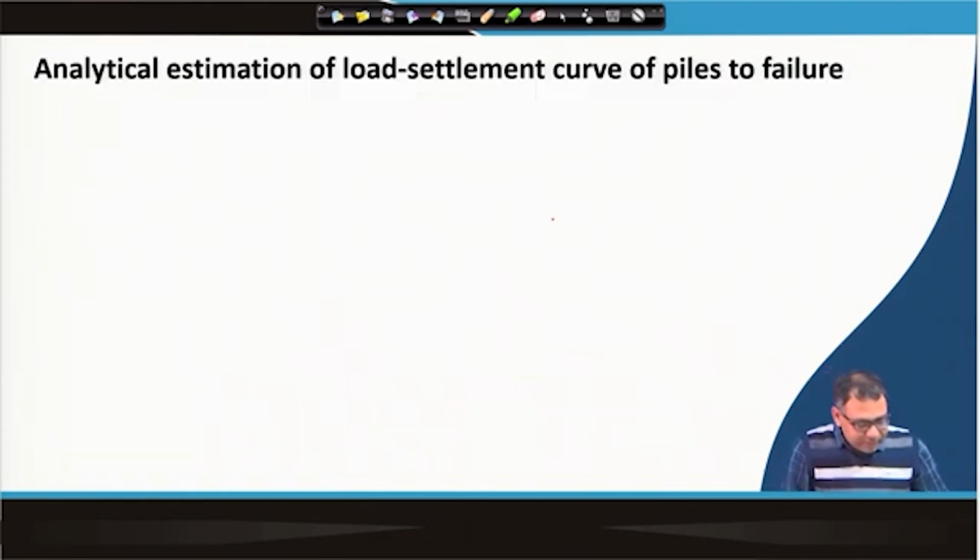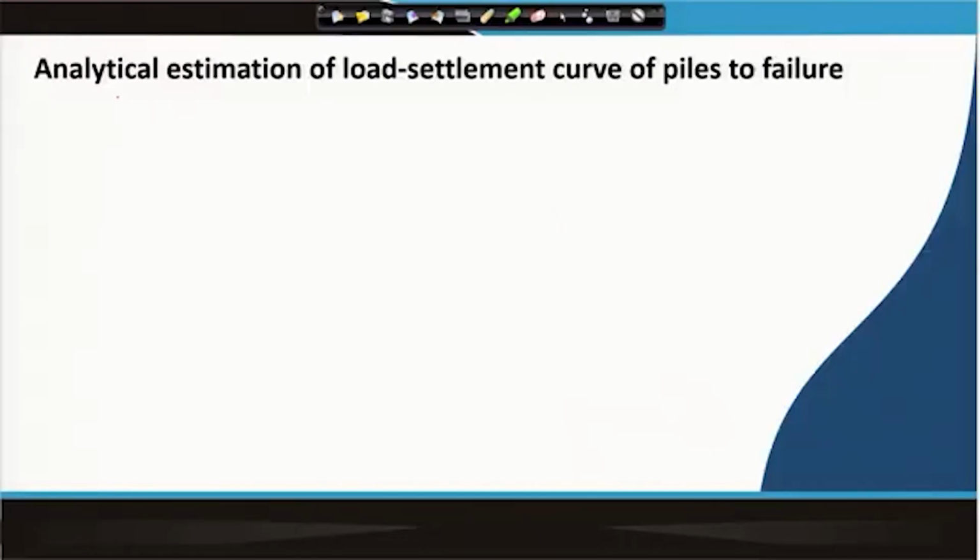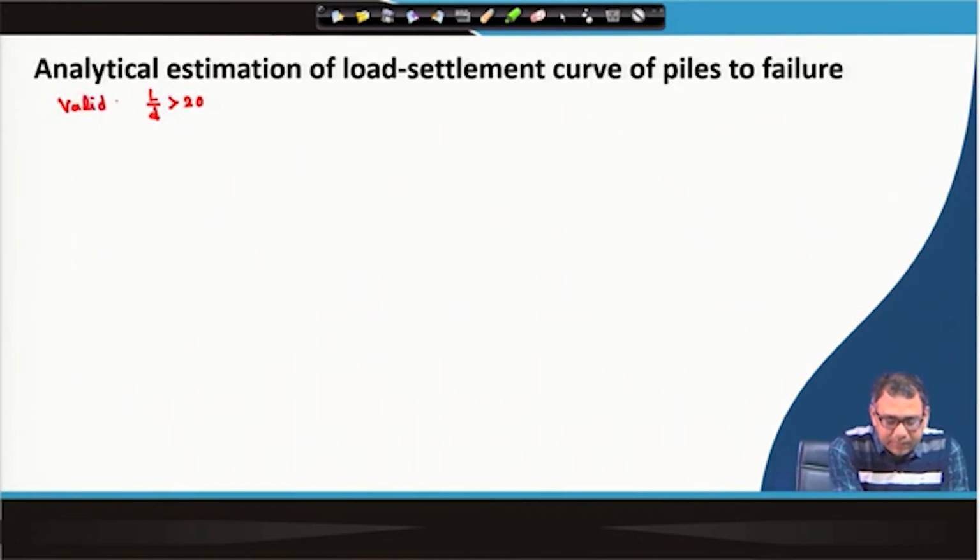So, the next part is how I can use this analysis and how I can estimate the load settlement curve for a pile, up to the failure. This analysis is valid for L by D greater than 20. It is valid for L by D greater than 20,